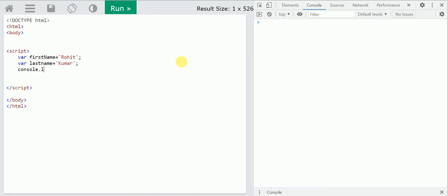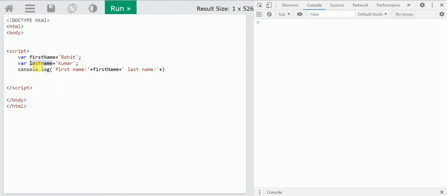So console.log. You have to use single quotes or double quotes based on your requirement. This is the first name, so just copy this variable and paste it here, and then you have to write a plus operator, then the last name, and then plus again.